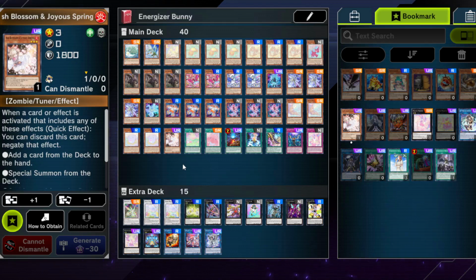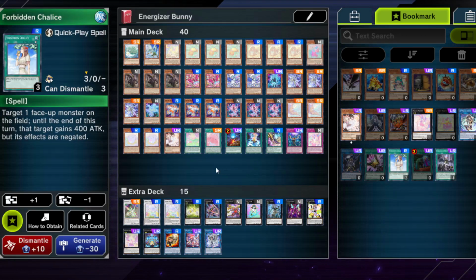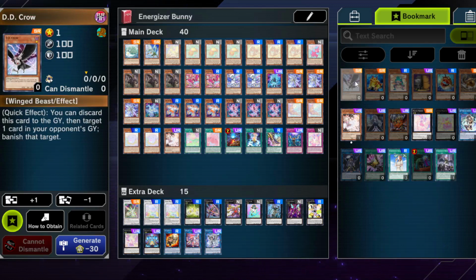and also you get one of these cards for free. Same as with Infinite Impermanence, that is why they're in here. But if you don't have them, you can also run things like Forbidden Chalice, for example. And if you want to run different hand traps, there's DD Crow, very good right now, because if you get